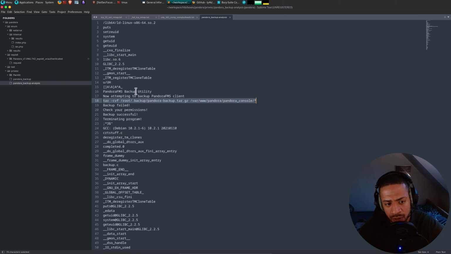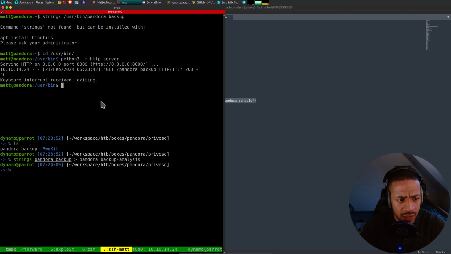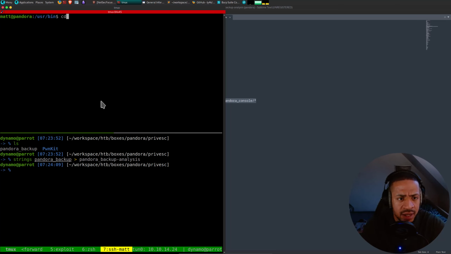Well, here as well, it's using tar without using the binary path. So essentially what I can do is create my own tar, and it will run that because it uses tar just in the current working directory, and it could use my tar. So let's see if we can exploit this. And this is called path hijacking, I believe. So yes, let's try and hijack this.